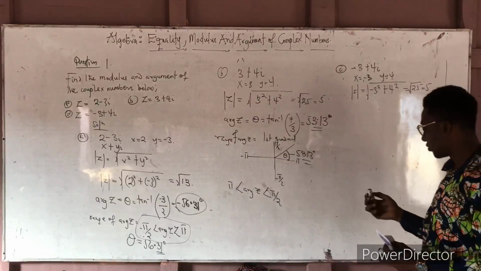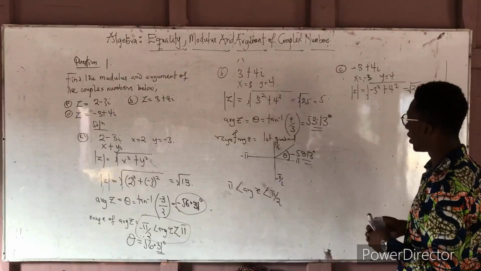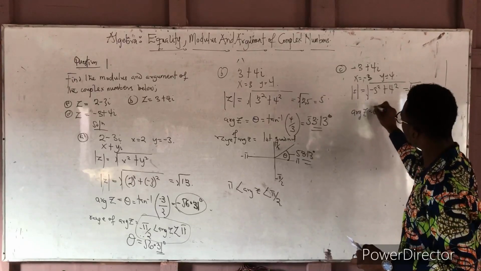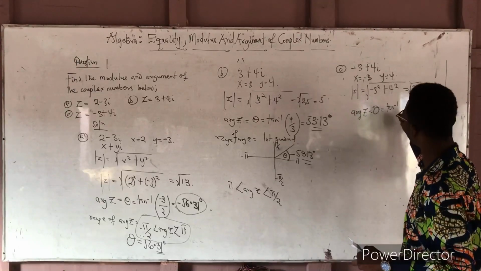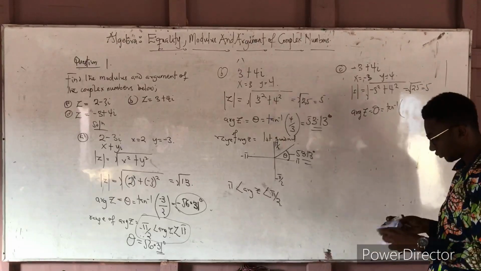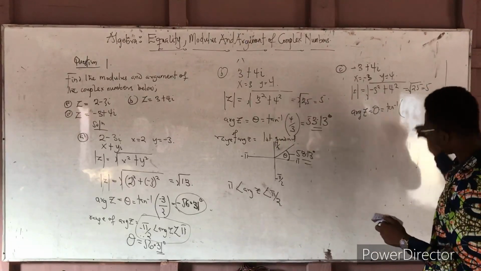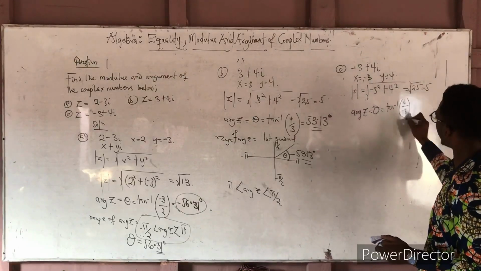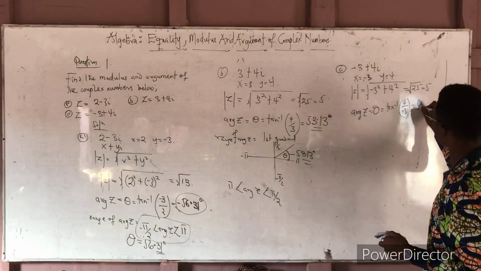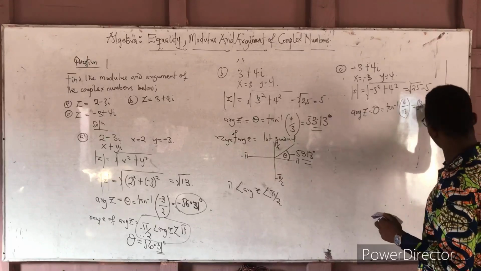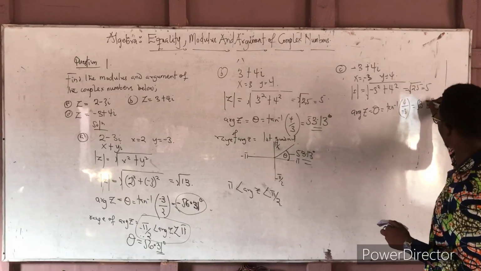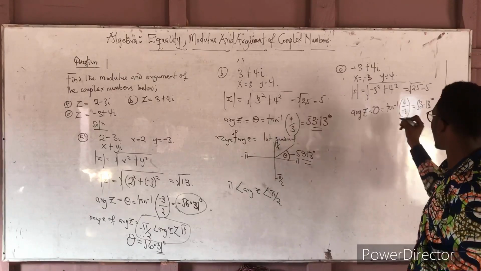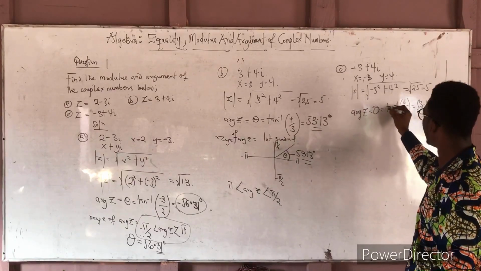How do you find the argument then? The argument of z, which is the same as the theta, becomes the tan inverse of, here is 4 and here is negative 3. So if you do the tan inverse of this, you are getting 53.13 degrees. Okay, so when you get this 53.13 degrees,